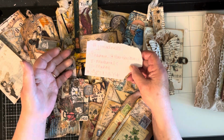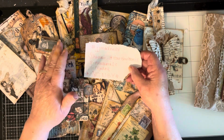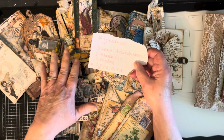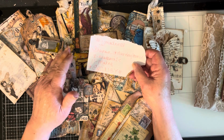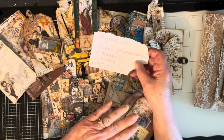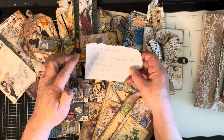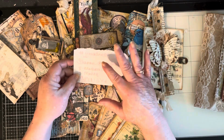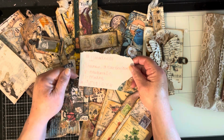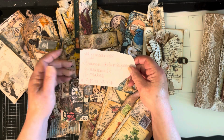And you can do whatever level of grunge that you like. I mean, I've seen people that make stuff a whole lot more grungier than I do. And I've also seen some beautiful journals where there's just a touch of grunge. So don't think you have to go totally crazy, but I do encourage you to try it. And when you're doing a challenge like this or a collaboration like this is the time to step out of the box and do something you may not normally do. But yeah,